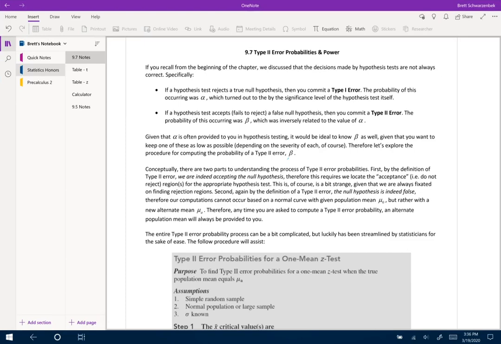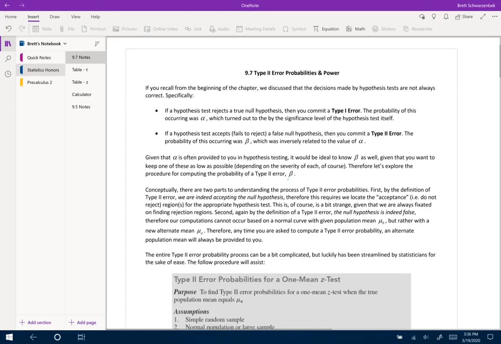Okay, so if you recall, we have already talked a bunch about type 1 and type 2 errors, specifically in the first section of chapter 9. I remember I gave you that very unique jury scenario, which was kind of tough to think about, how type 1 and type 2 errors would affect each other. Just remember that they are inversely related. So if you're increasing one, you're decreasing the other,